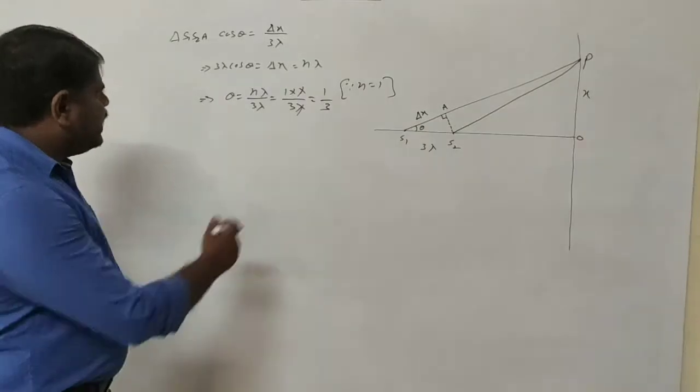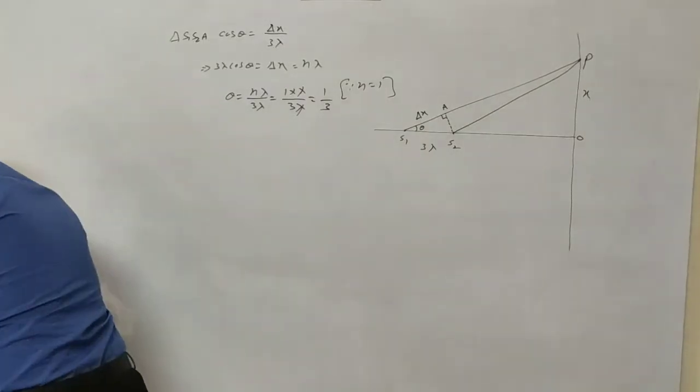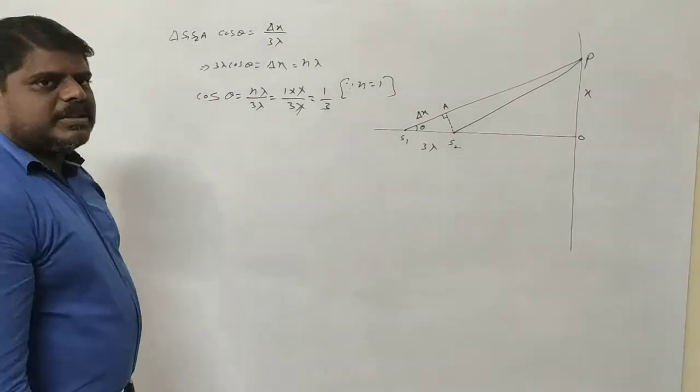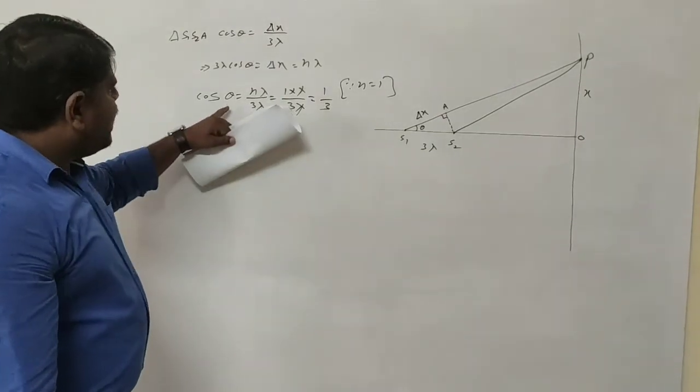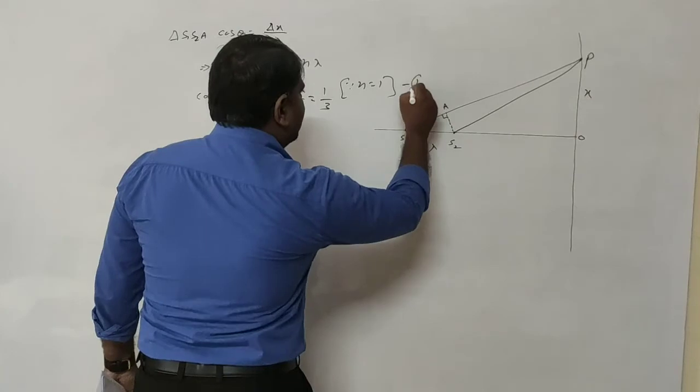Otherwise, if theta is not given as very small, on that condition what can you take? You can write cos theta also. If theta is not small, that value is not given to us, so that's why cos theta equals 1 by 3. And you can call it equation number 1.